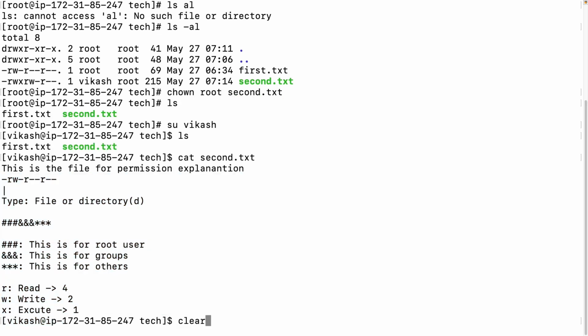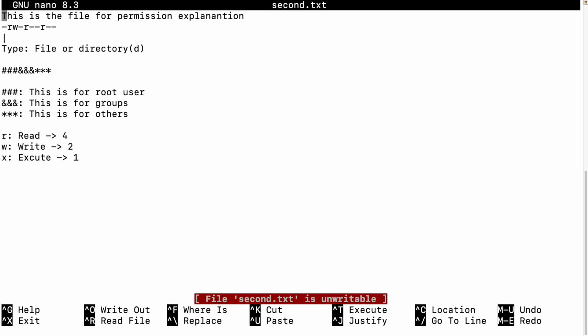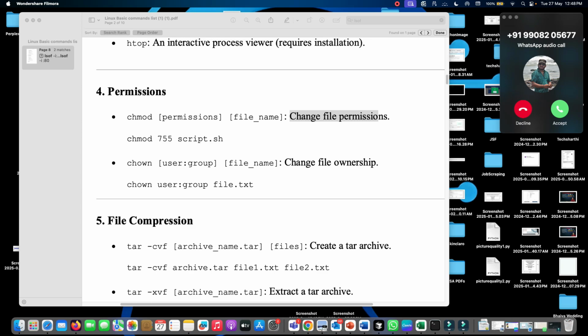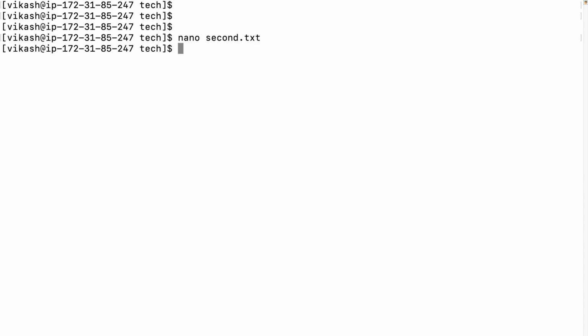Okay, clear the screen. Now if I want to change anything, to write anything into second.txt, and I do it with the nano command and hit enter, you can see the file second.txt is unwritable, because as a user we don't have the sufficient permission. As a user we don't have the write permission. So what we do, we will just